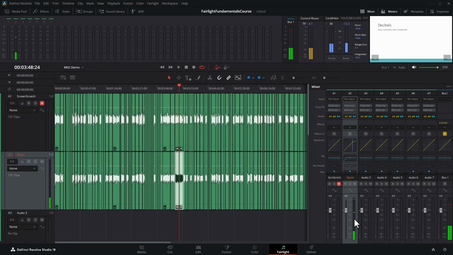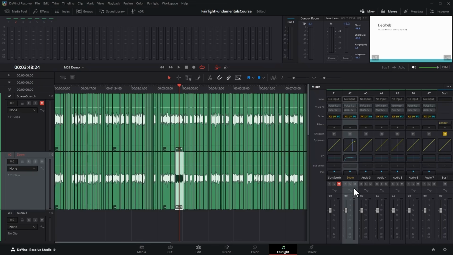You can see that this meter bar goes up and down as the sound plays back. This meter displays the volume output using RMS, or root mean square, using a decibel scale, and RMS meters like these give us a weighted average of the volume. It's kind of closer to the way we perceive audio. By default, these meters use the IEC